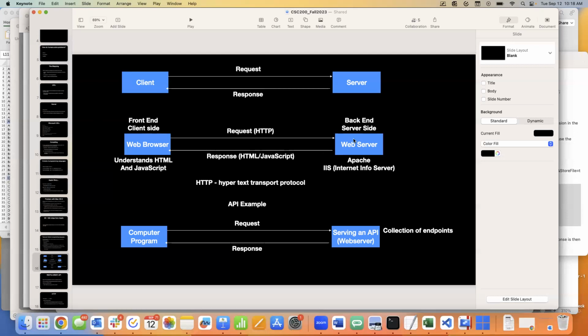Web browser makes a request using HTTP, gets a response in HTML and JavaScript, displays the response to the screen. That's the cadence with web browsing, right? All right, this idea of HTTP, Hypertext Transport Protocol, this is a small language, right? It doesn't have as many bells and whistles as English. English would be a large language. So HTTP is a small language that knows how to do like 5 to 10 things, okay? And really it knows how to do 4 main things. And we're going to talk about that here in a minute.